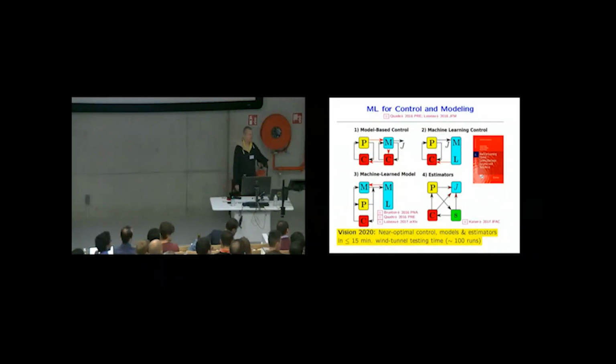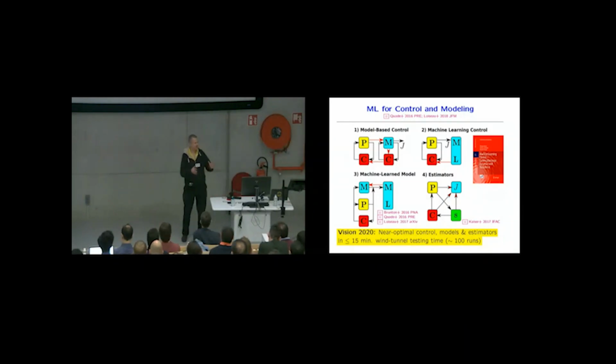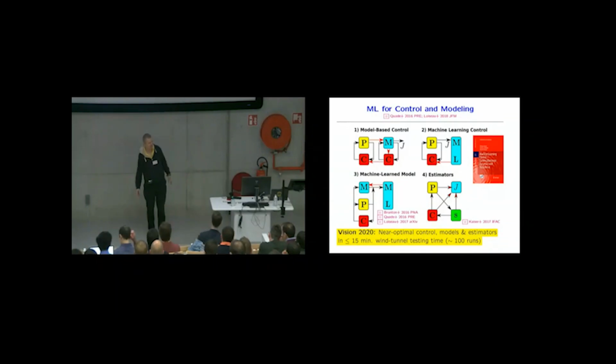I have a quick question. At the beginning of your lecture, you said that if you have to control something that is more than 10-dimensional or something, then control becomes problematic. Yes. Is there any similar rule of thumb in terms of cost of your cost function evaluation? I like it. So, very good point. So the question is, what is the scaling? So what happens if you go from maybe 0 to 10 inputs to 10 outputs? And so typically this is a range where we did machine learning control. And it turns out that